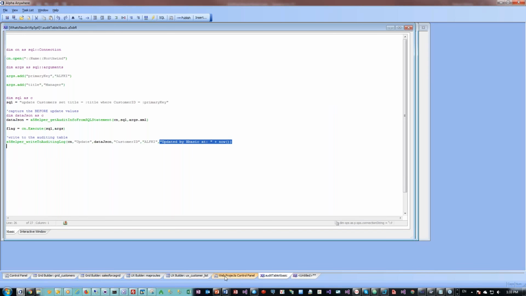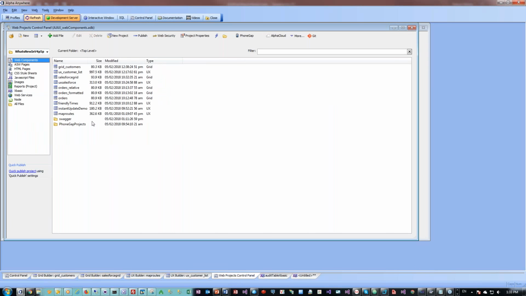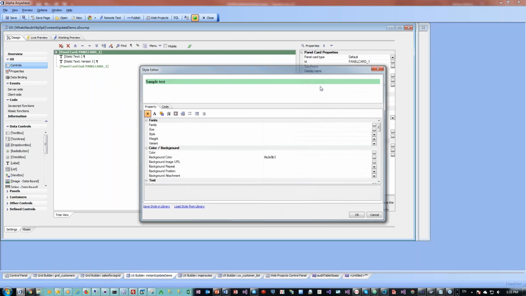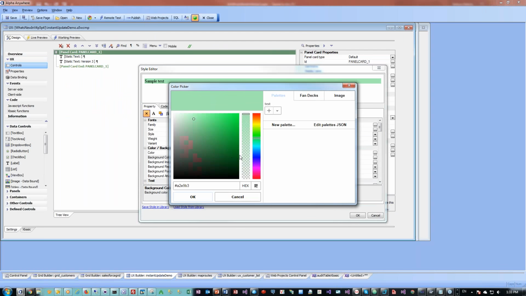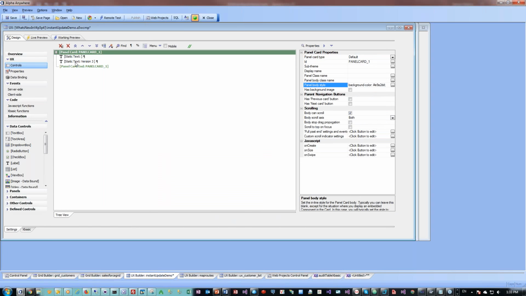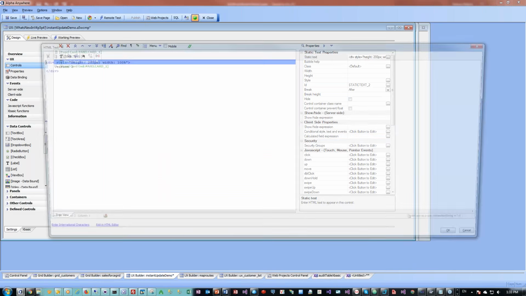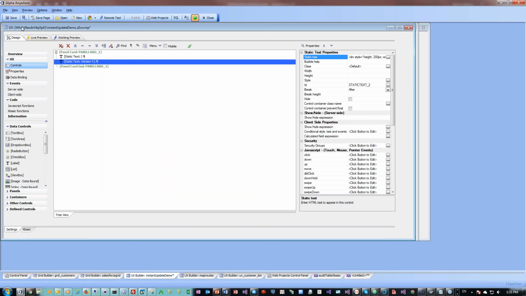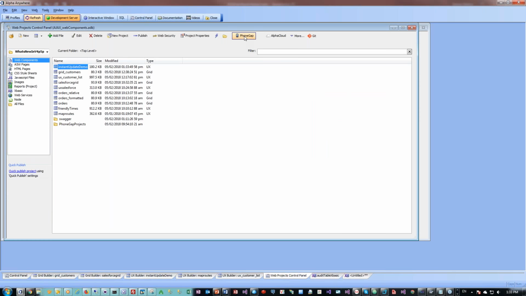So let's go back to this application right now. We'll go over here to my instant update demo. You can see it's obviously a very simple application. I'm going to change the background color of the panel to, say, this pink color. And then I'm going to go here and change the text from version 3, say, to version 4. Go ahead and save it now. And now, instead of having to go back to the PhoneGap build service and regenerating it, I can just go ahead now and actually,